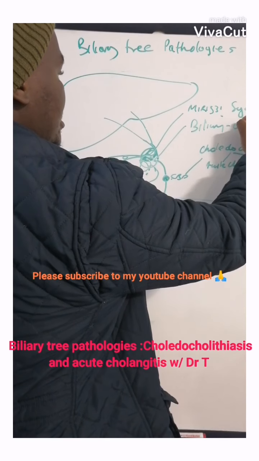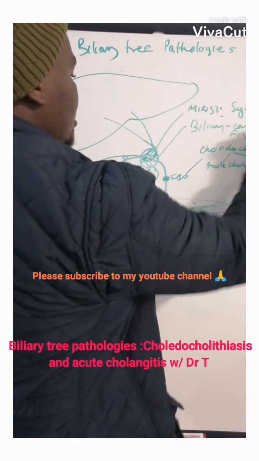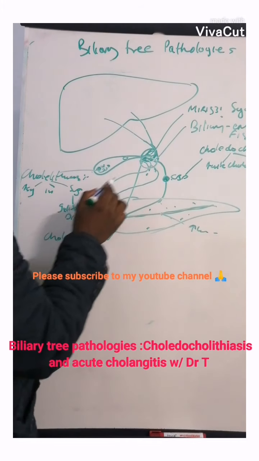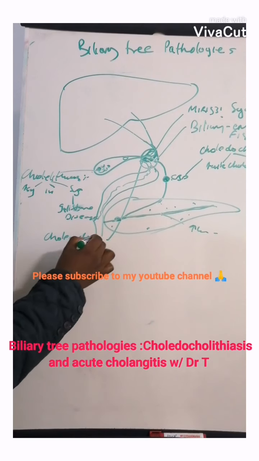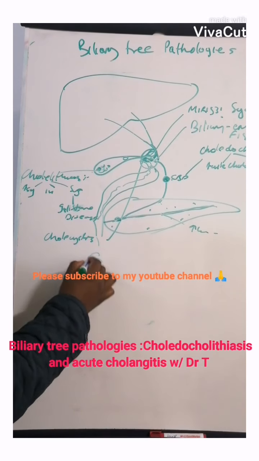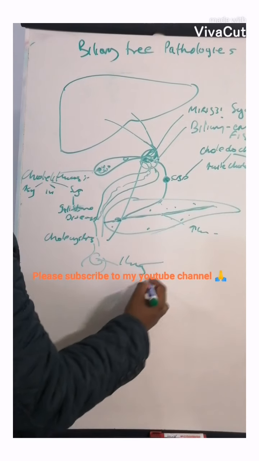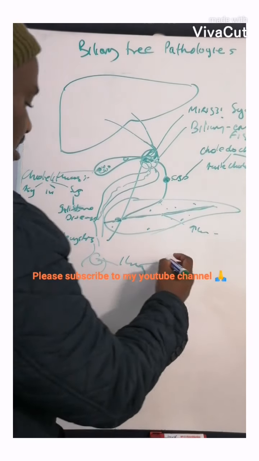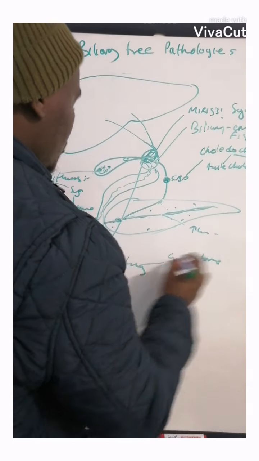Biliary enteric fistula. So if that stone manages to get inside here and for some reason gets stuck at the small intestine, the ileum, that's called gallstone ileus. So this stone is going to